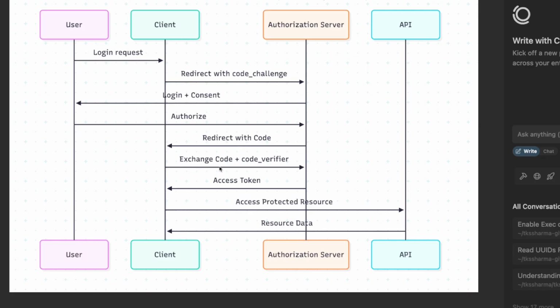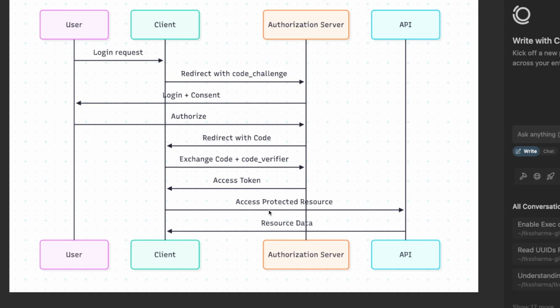The application will exchange the code with the access token. You get the access token, and now you start accessing the protected resource from the API server. The app API server, let's say the Notion app. So Notion has its own API server, which will give us the document, but we are using login with the